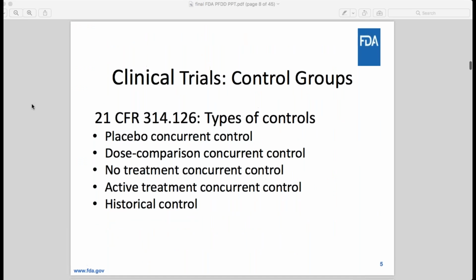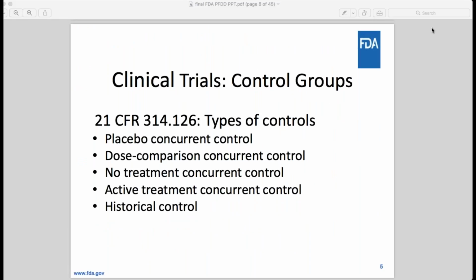This slide lists several control groups. I will focus on the first and the last controls listed on this slide. The most common and most efficient control is the placebo concurrent control. In this study design, there are 2 control groups, one group taking the experimental study drug and the other group